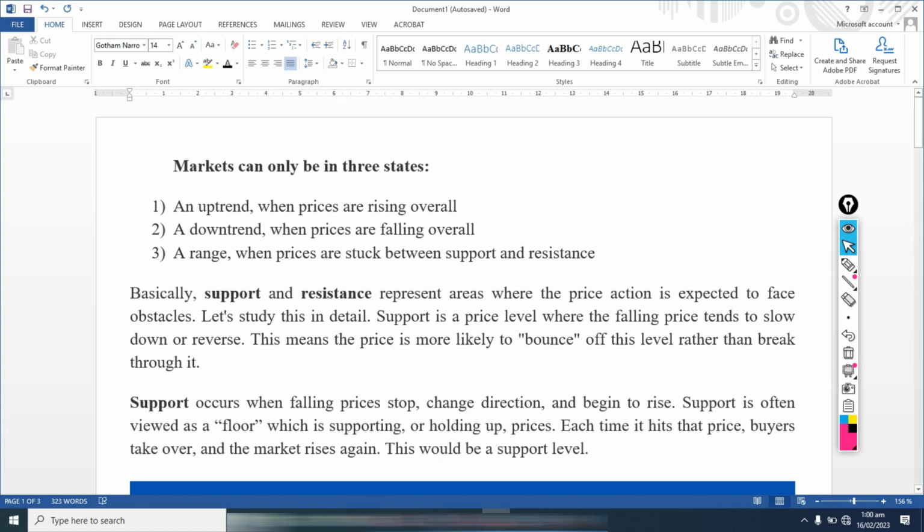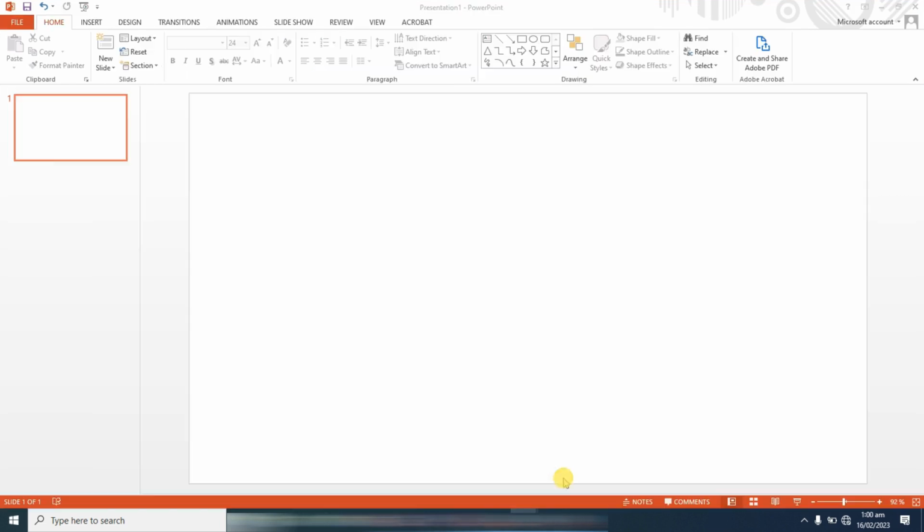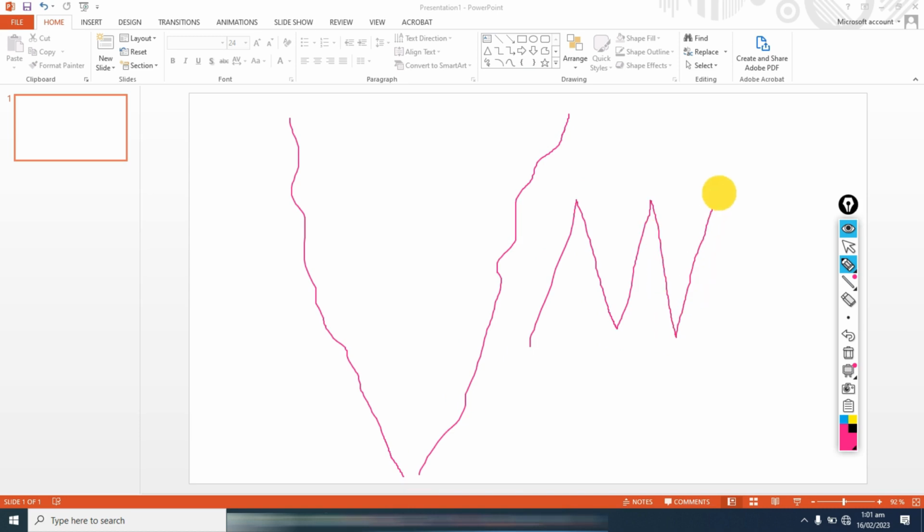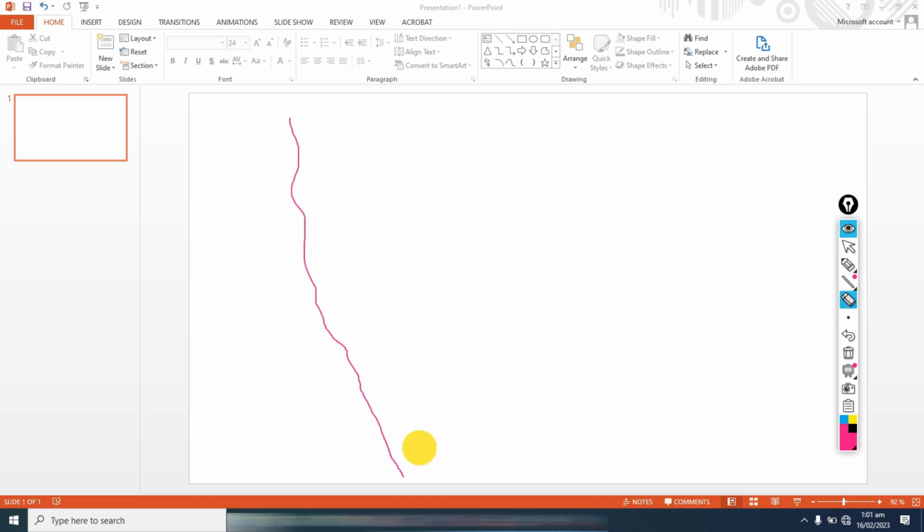we want to have at the back of our mind that the reason we are talking about support and resistance is because the forex market is designed in such a way that the market does not just move, does not just fall bearish continuously, and the market does not just move bullish continuously. There is a break. The market goes up and it comes down, it goes up and it comes down, it goes up and it comes down, it goes up and it comes down. So it's more or less like a sine wave,